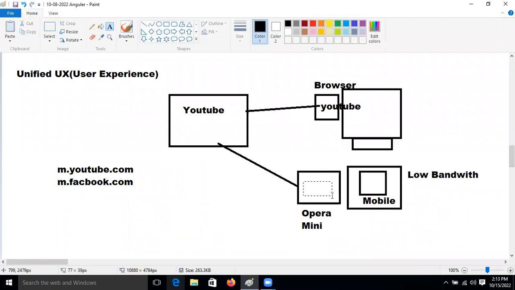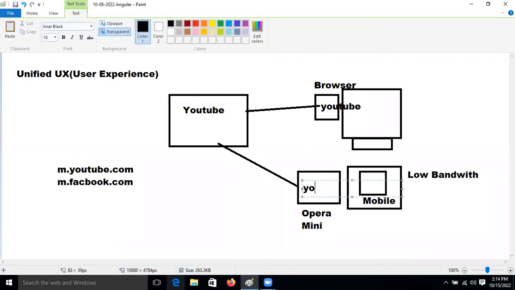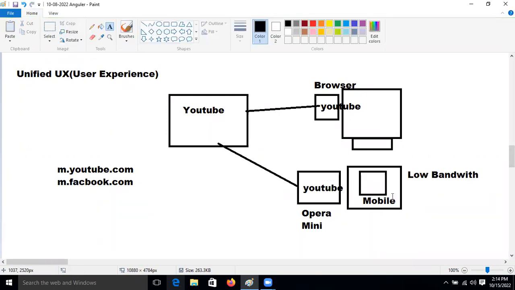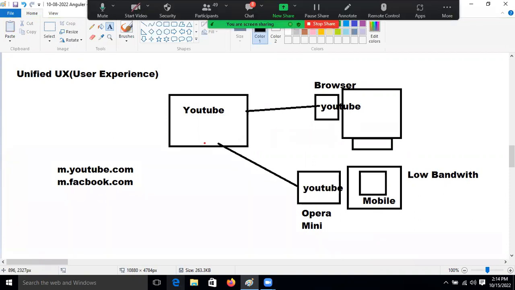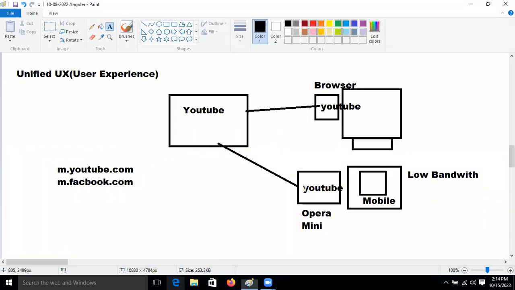So what happened in earlier days? Because of the low bandwidth, mobile having low bandwidth, the YouTube people developed some concept, an optimizing concept, which supports our mobile bandwidth. So in this case, whenever they developed it,